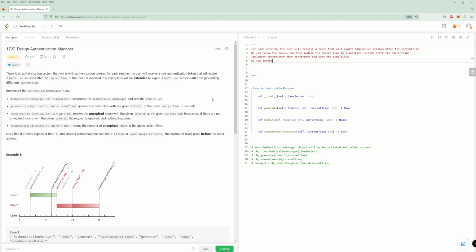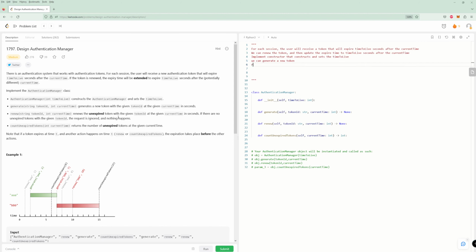Okay, we can generate a new token. Renews the unexpired token with ID at the current time. And then if the token is already expired,